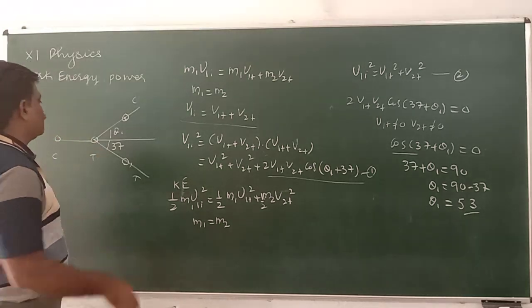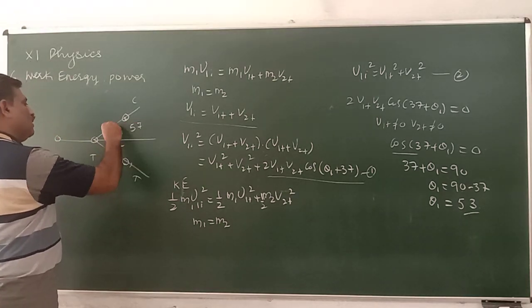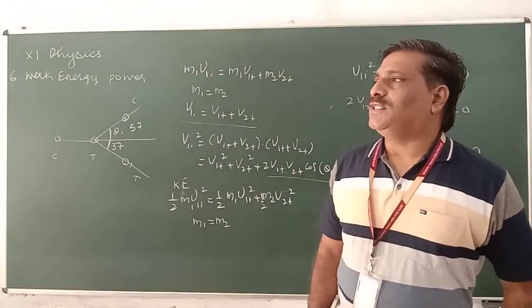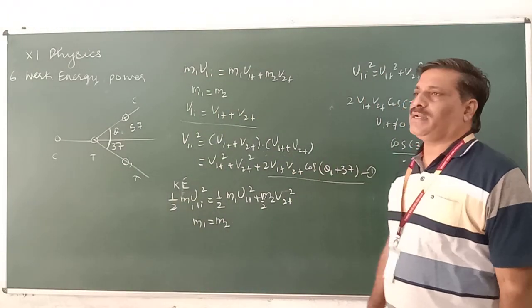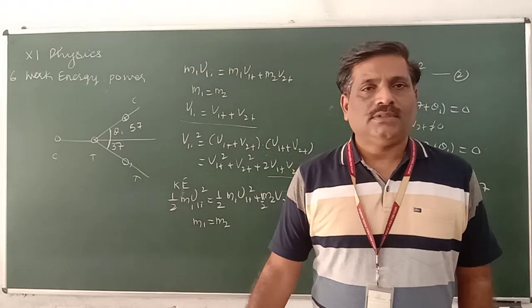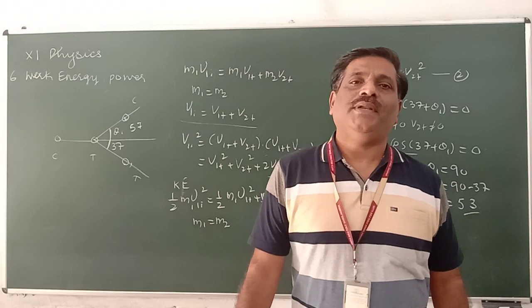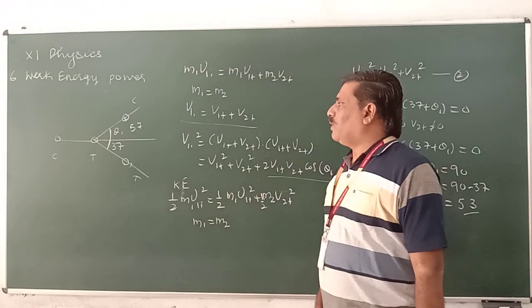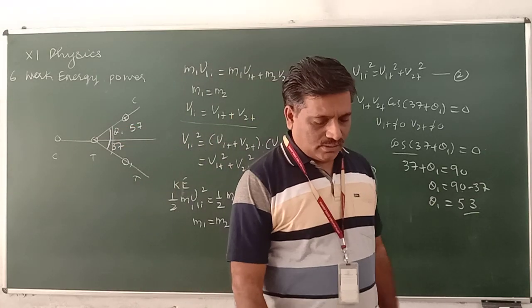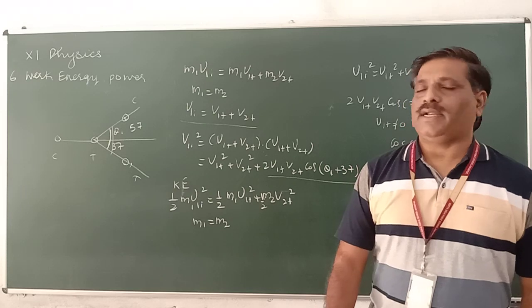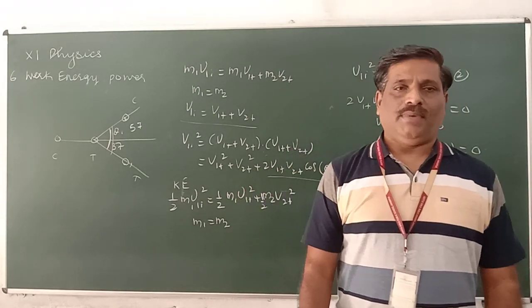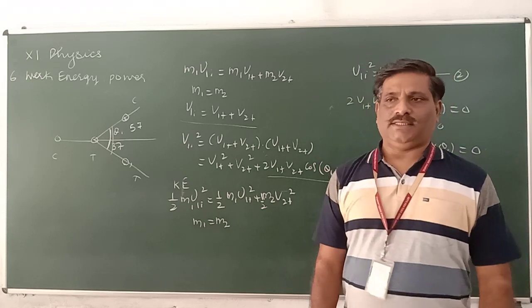What do we get here? We can easily see this one. The angle between Q and target after collision is 90 degrees if the masses are equal. This is common experience in marbles, children playing marbles, carom and billiards. Very important: the angle between this Q and target is 90 degrees.